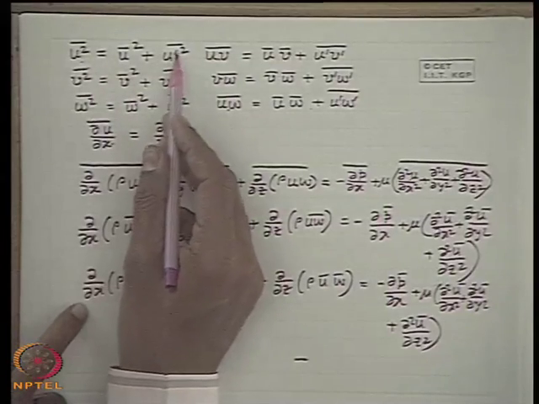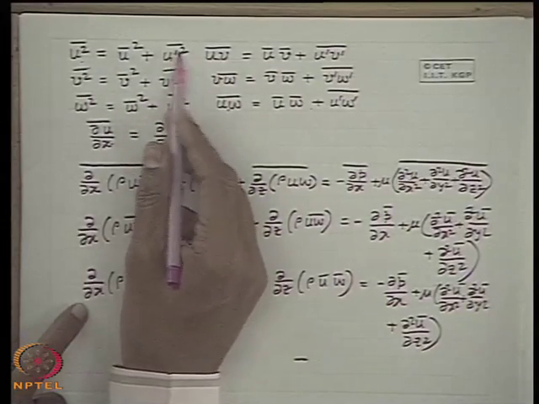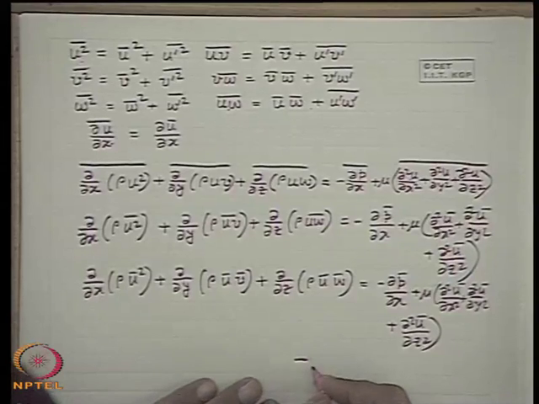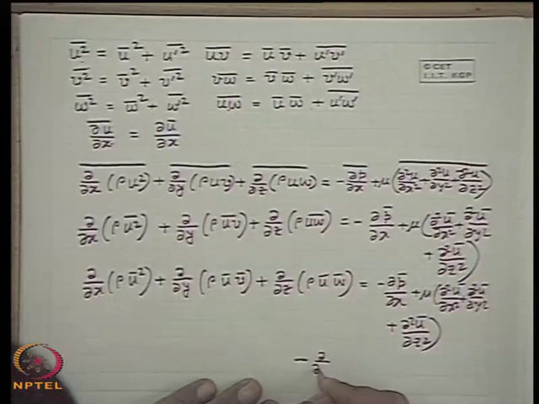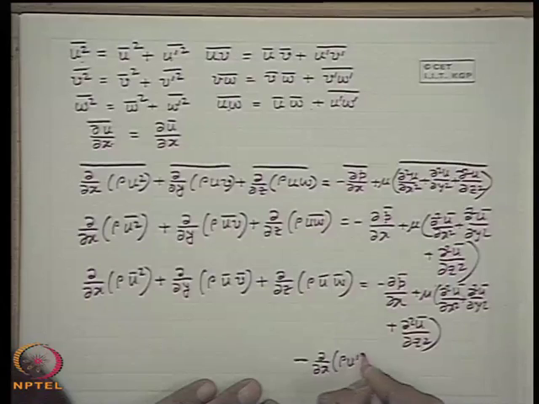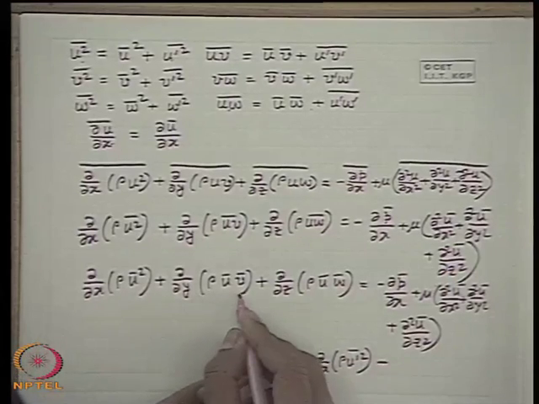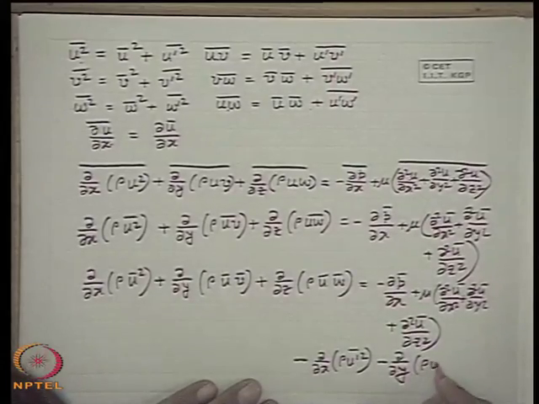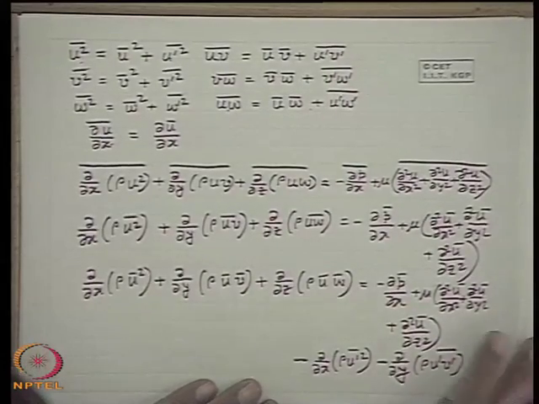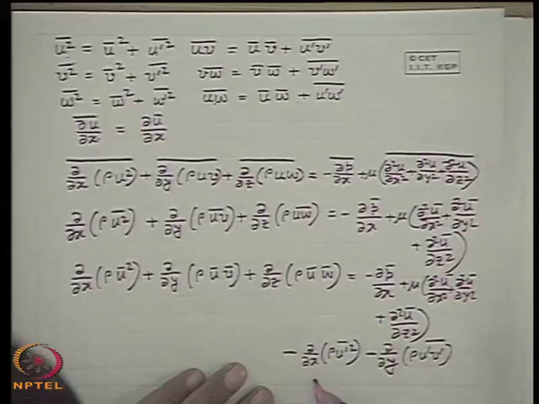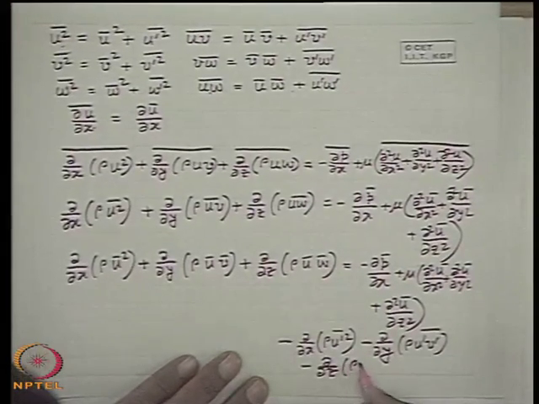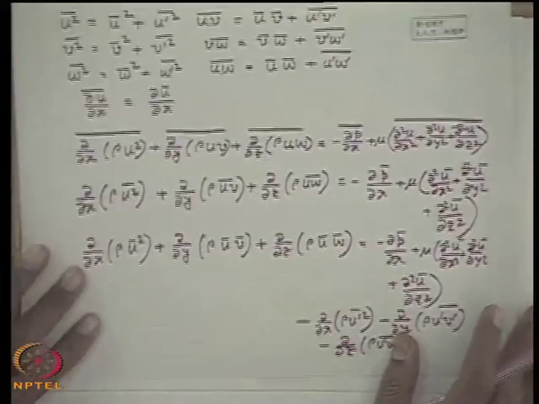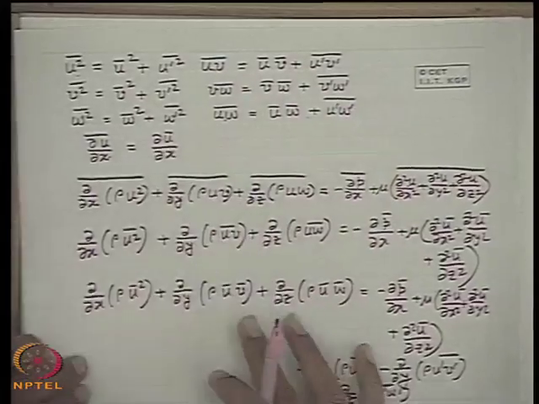Here del x of u dash square average bar, that means minus, if we take del x of rho u dash square average. Similarly, from here we get del y of this quantity rho u dash v dash average, well, minus del z of, that means from here rho u dash. This is very important. That means we see here, after using these rules, and then what we have done, again